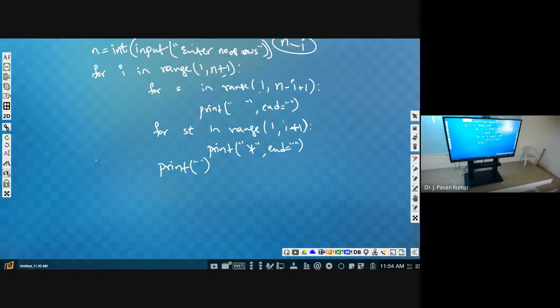Print in the same line. Place the cursor in the next line. Listen. Okay.